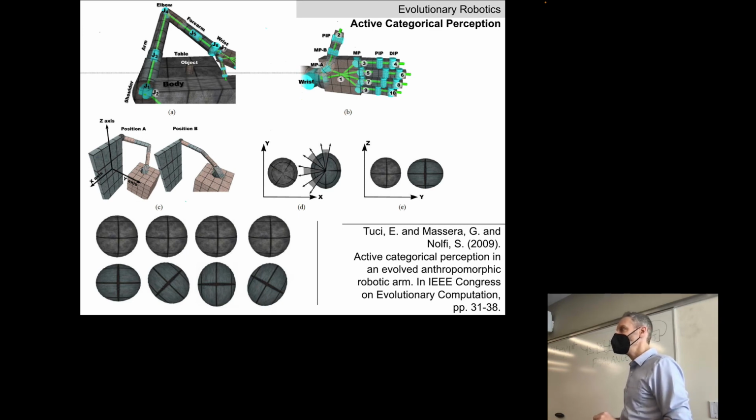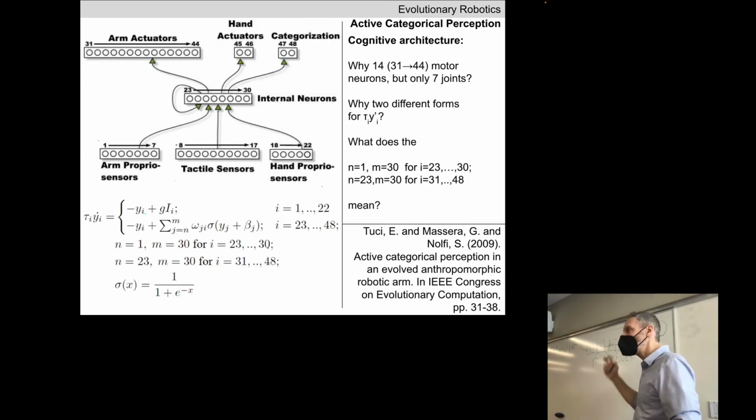Why 14 motor neurons, but 7 joints in the arm? Can each joint move forwards or backwards, and therefore it counts for 2? Absolutely. Now we could assign a single motor neuron to each joint, where positive values mean flex away from the body, extend away from the body, and negative numbers mean flex inwards towards the body. We could do that. In this case, they assign 2 motor neurons to each joint, representing agonist,